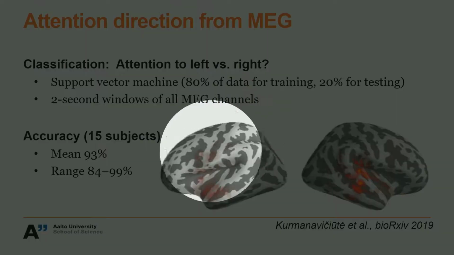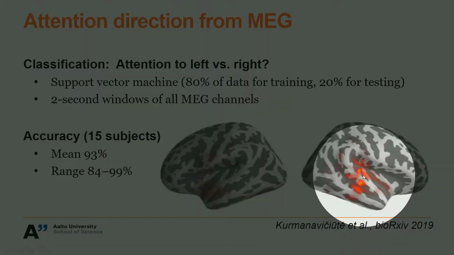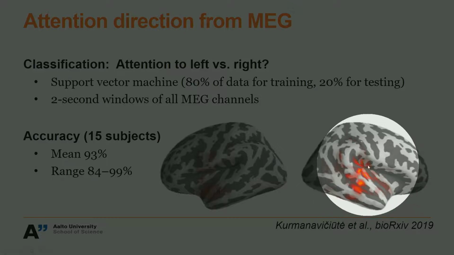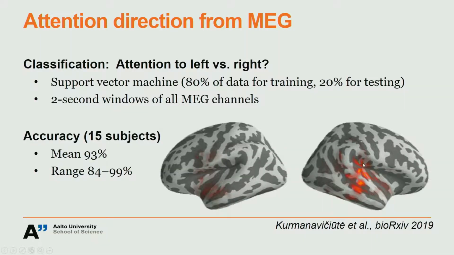So now the color scale here means: if you extract the signals only from this region, how high is the accuracy of the decoder? And so you can see that you get the highest accuracies around the auditory cortices, which was to be expected. Now this is all pretty good,